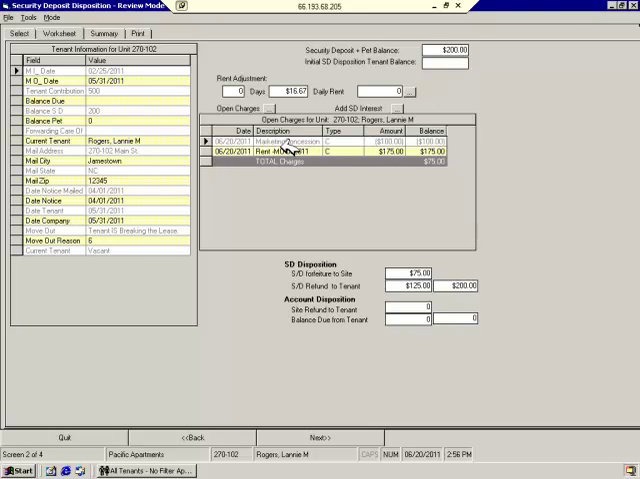At this point, if you needed to add in an open charges, you could add those. To add any open charges, you simply select